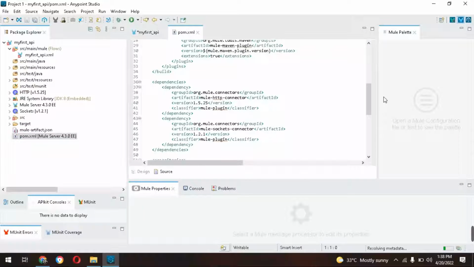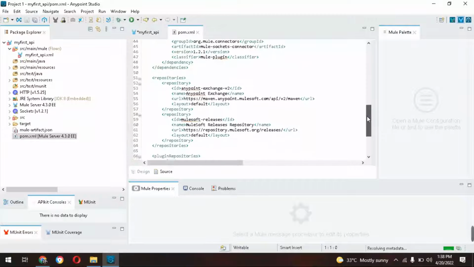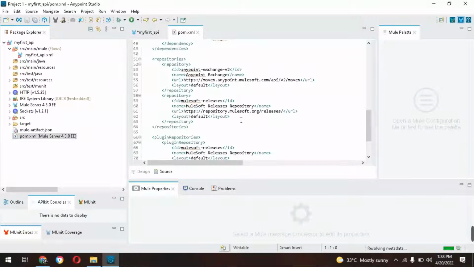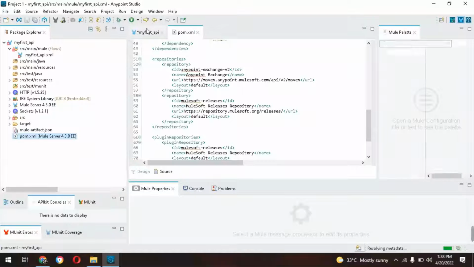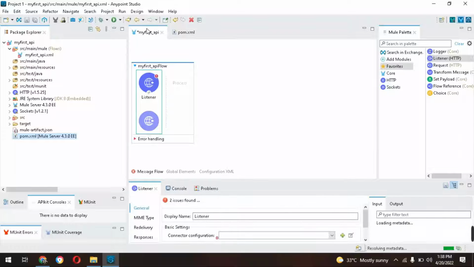After the dependencies there are some supporting repositories, like repository.mule.releases and Maven, all created in the pom.xml file. We can call our Mule project a Mavenized project. Now I will go and display my hello world